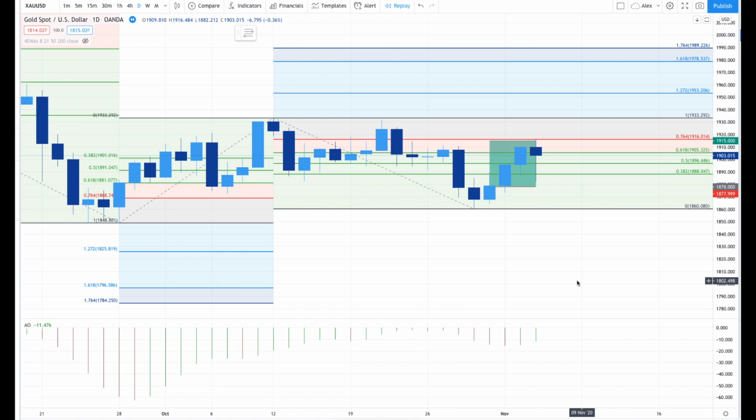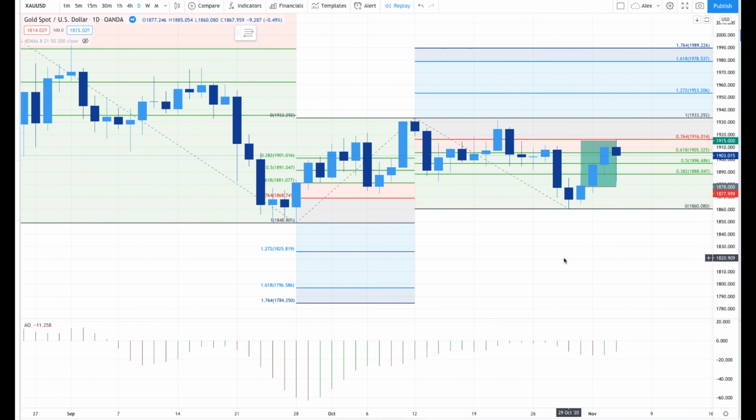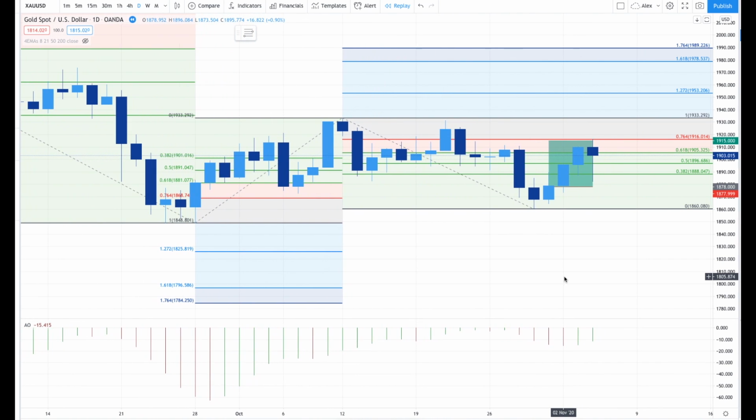What did it do? Well, it hit our target, and then it fell over, and it sold off hard. So T1 done, T2 done, right to my 764, and this is one example of how the 76.4 is such a powerful trade, such a powerful strategy. The 764. This isn't just coincidence. It took me all of maybe 2 minutes to pull up gold and to look for 764, and lo and behold, I found multiple 764